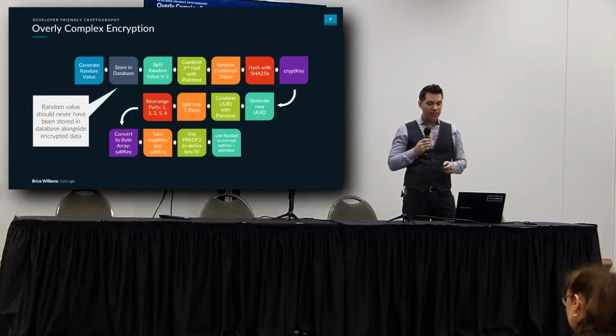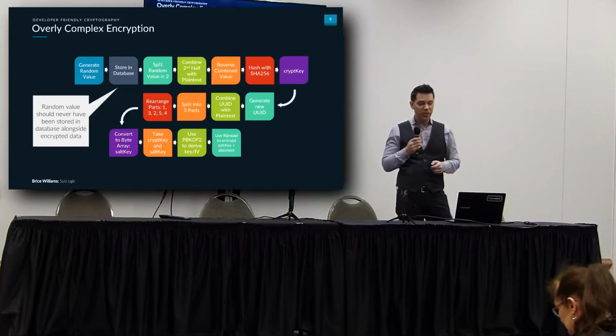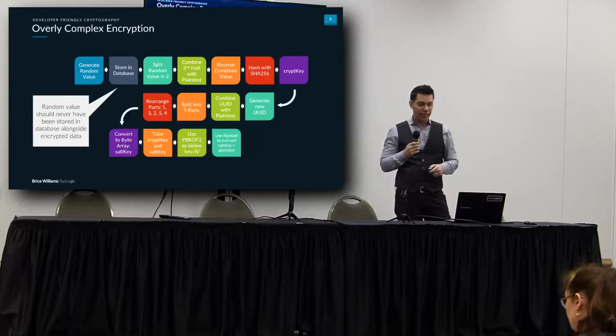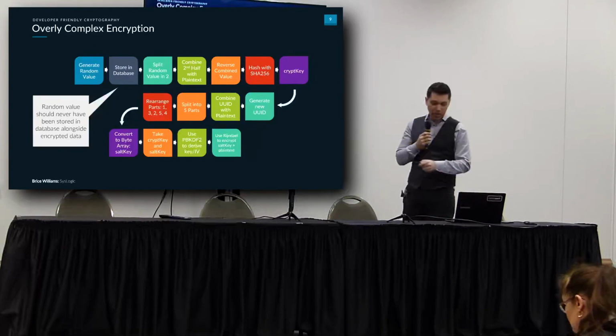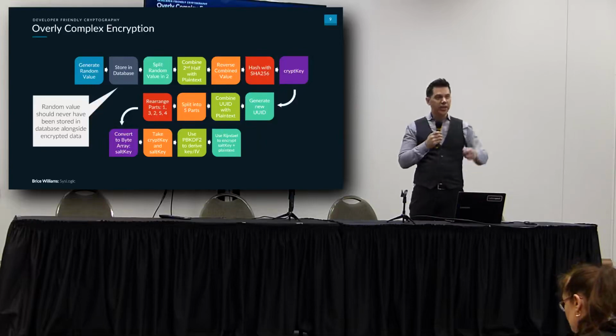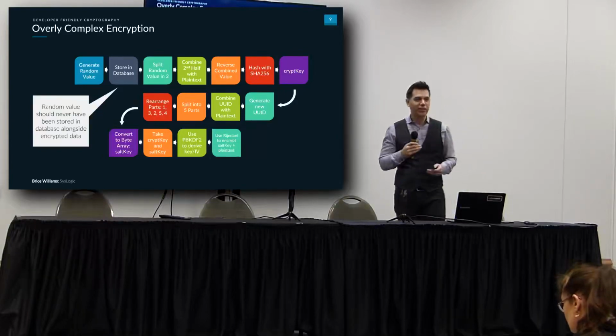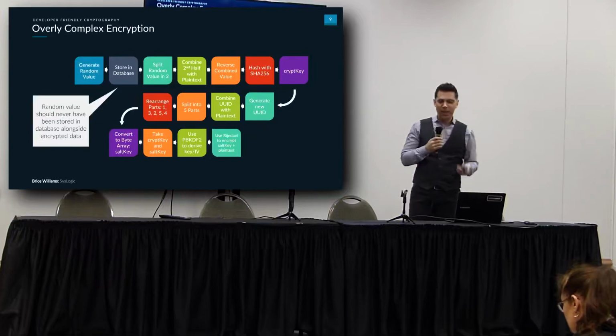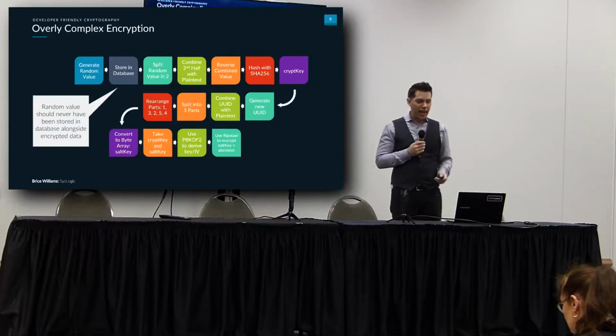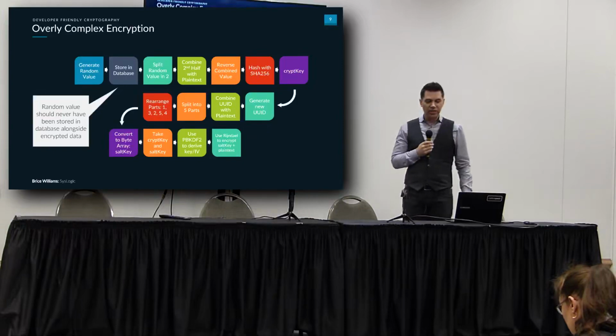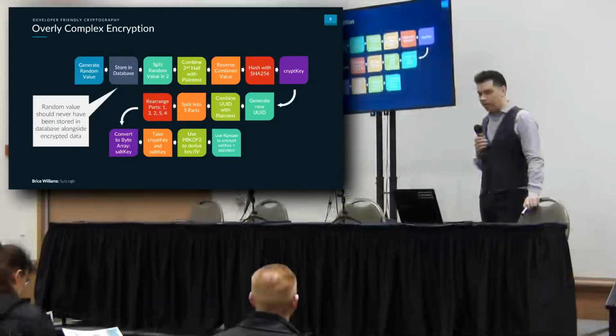You combine the second half with the plain text, reverse the combined value, hash it with SHA-256, and on and on. One of my favorite sections is line 2 here, where it creates a UUID, takes the 5 parts, reorders the parts, and then puts it back together. And it's like, who dreamed this up and why? And essentially this second step here is the cause of the concern.